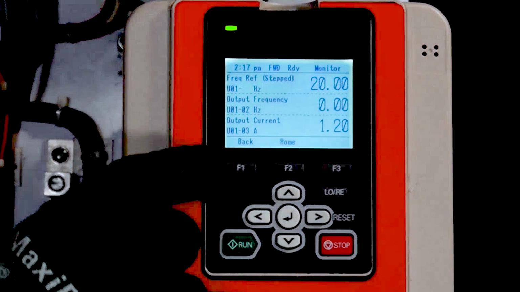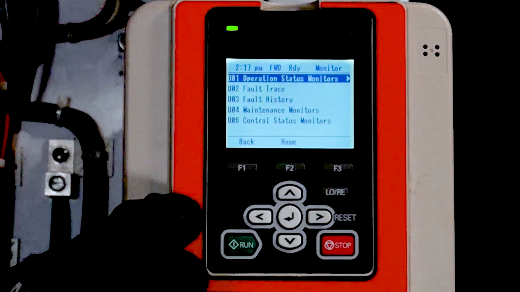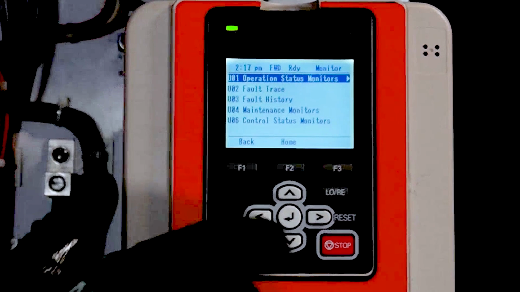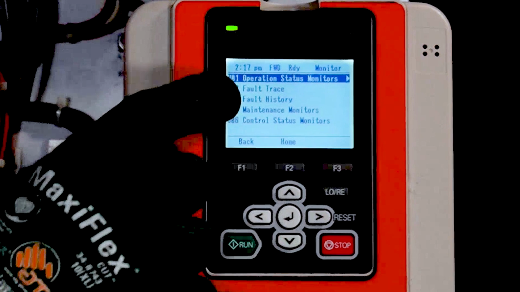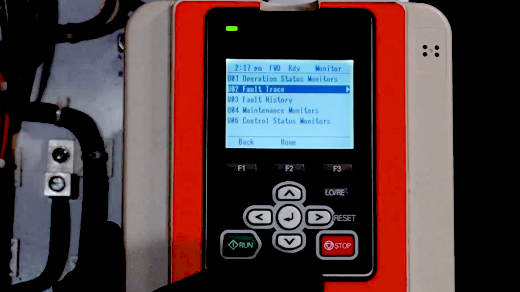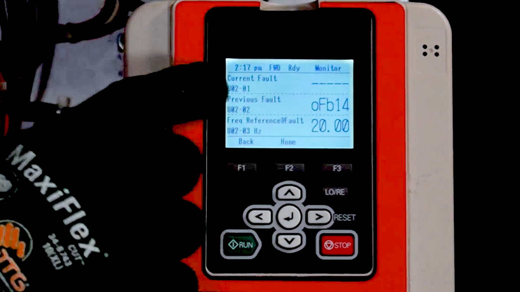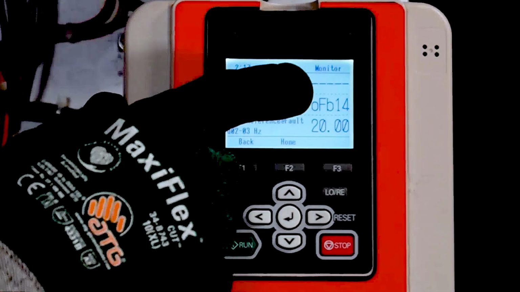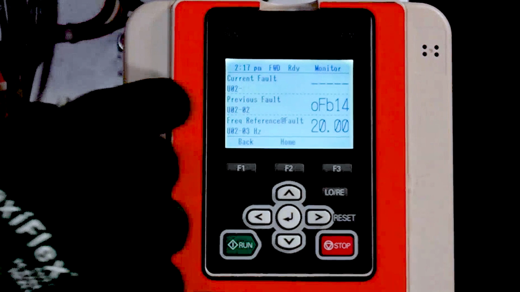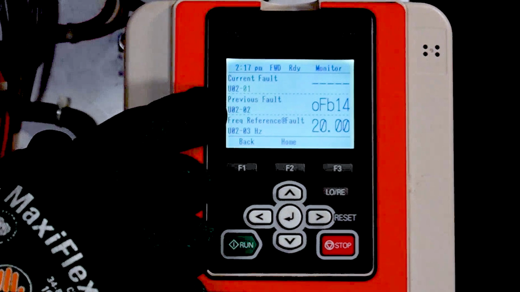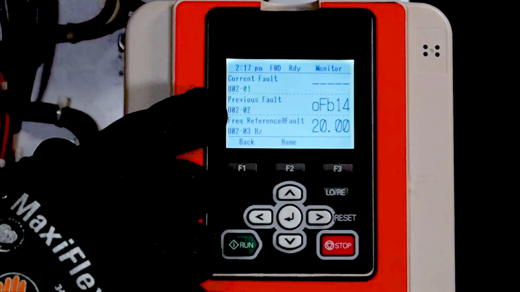Now, what I'm going to do is back out one layer, and I'm going to go to what's called the fault trace group. Open that up with the arrow that points to the right. So, current fault, that registers empty because it's been reset. The most recent fault that occurred, just like in all the other Impulse drives, is